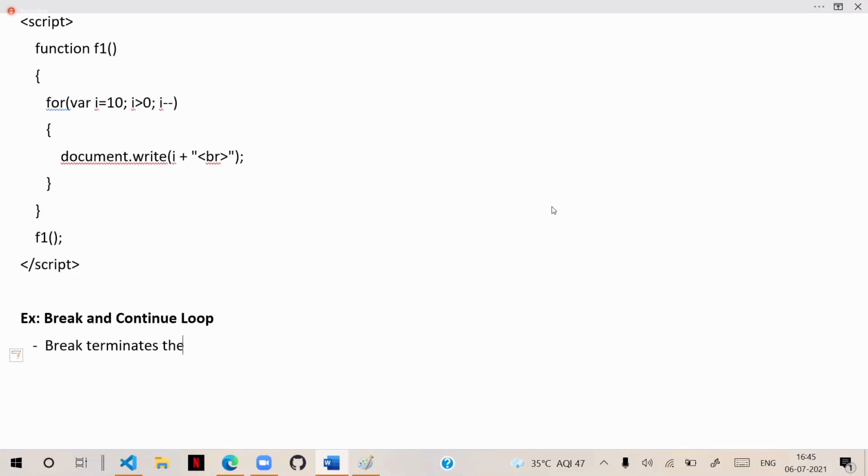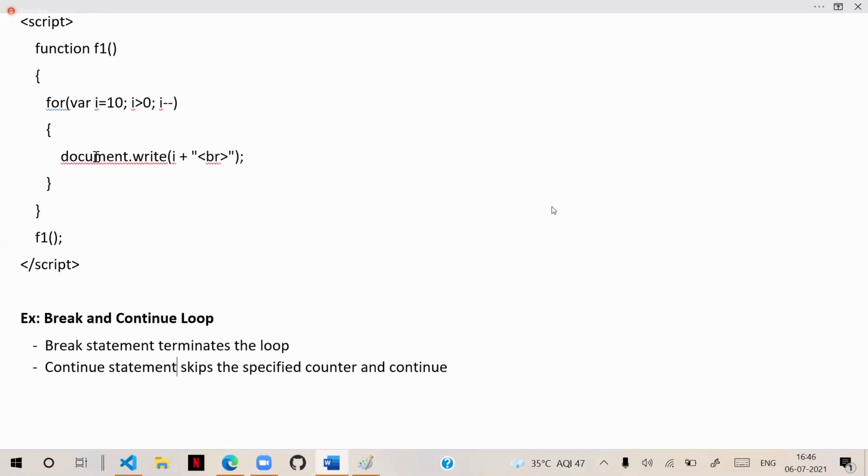The break statement terminates the loop. The continue statement skips the specified counter and continues.